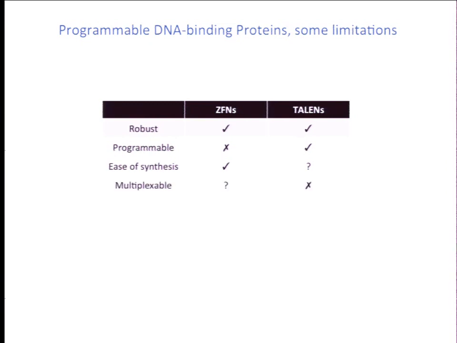And also, neither of these approaches, either zinc fingers or TALs, have really been explored in the context of multiplexability, as in how many multiple changes can you make inside a single cell using either zinc fingers. And in the case of TALs, it's hard to imagine that one could do multiplexing just because of the large size of the TALs and the difficulty in delivering these TALs into cells. So both the ease of synthesis and multiplexability are compromised in the case of both zinc fingers and TALs. And importantly, how truly specific either of these tools are remains an open question in many aspects.